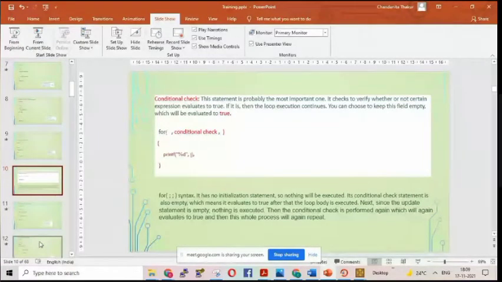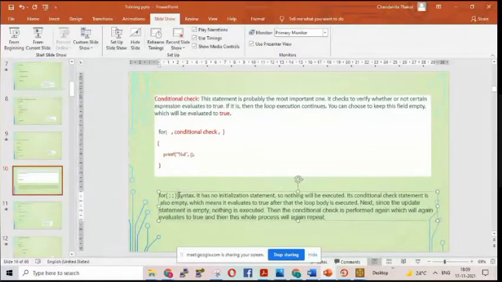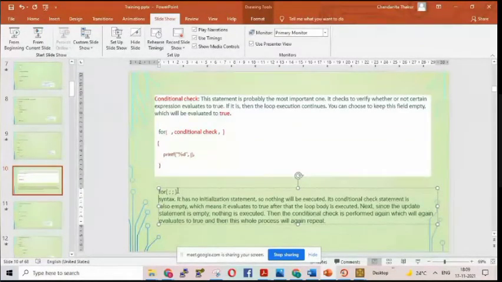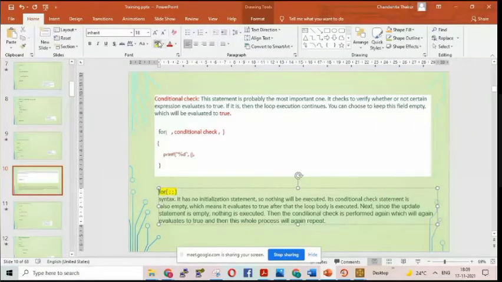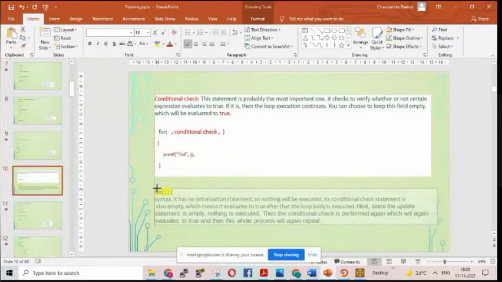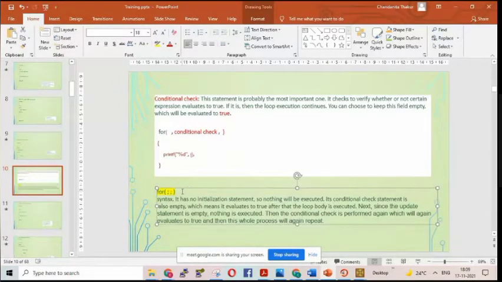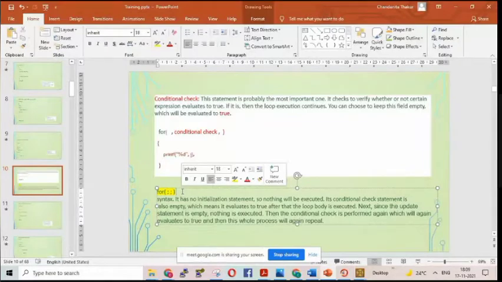But before I ask you some more, I want to discuss one very important interview question regarding for loop. You concentrate on where I'm typing. There can be a for loop like this. I'm asking you whether it is acceptable. Just see the highlighted portion. Can you accept a for loop like that? Can we have a for loop like this? What do you feel?